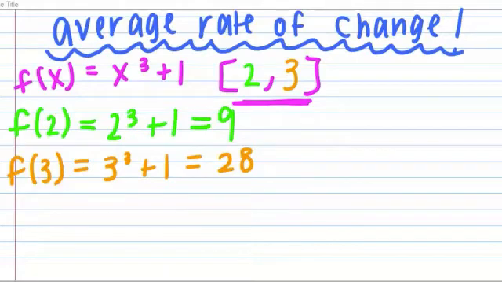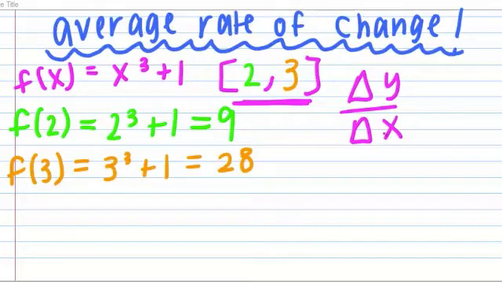So to find the average rate of change, we use the change of y over change of x formula, which is y1 minus y2 over x1 minus x2. Many of you may recognize this as the slope formula, which is the same thing. So what we're going to do now is plug in our answers. We have 2 y values and 2 x values. So we're going to do the change of y,